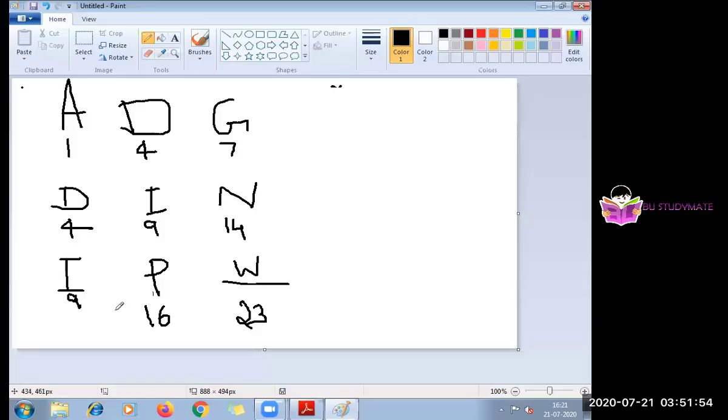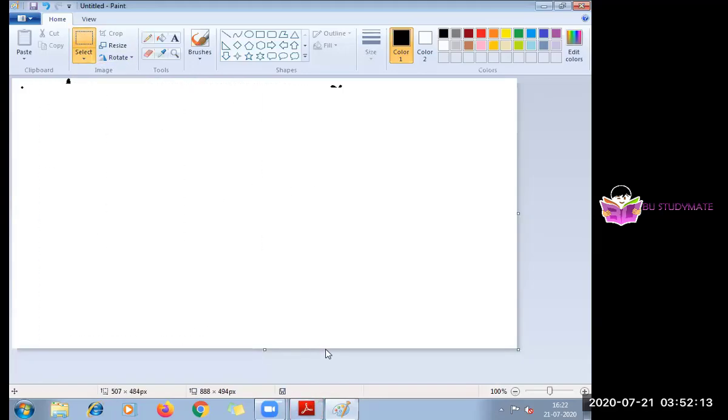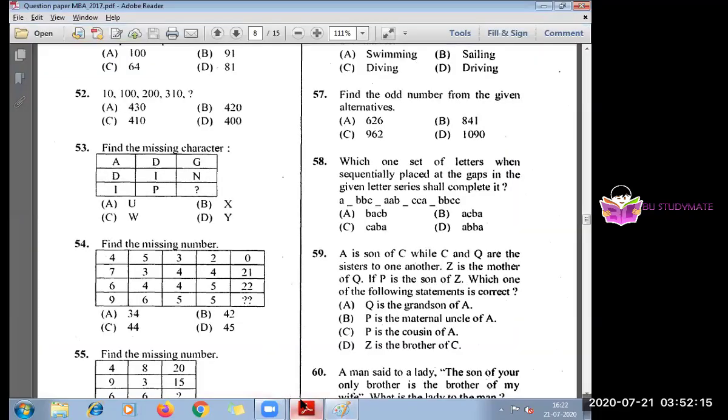I hope you are clear with that. So that's how we found out. When we put up the number or the rank of the letters in the alphabet, we found it easily instead of calculating all the 1 to 26 numbers. Okay. So this is the answer for the third. Once again, explain. Okay, I'll just go with the question itself.